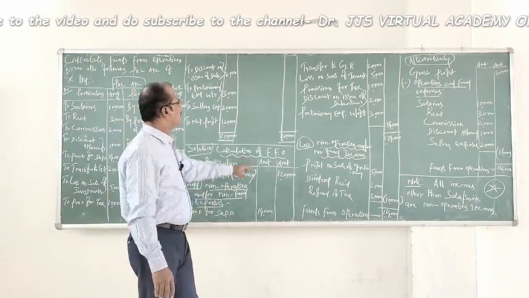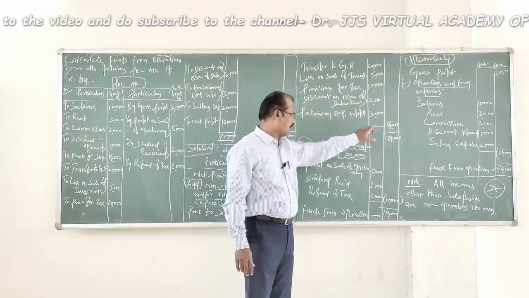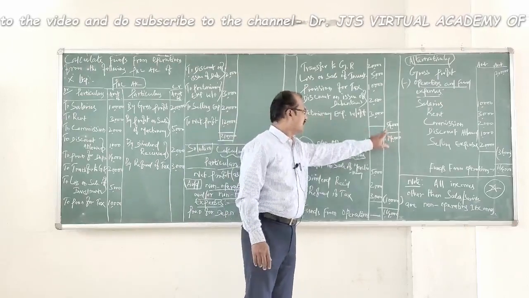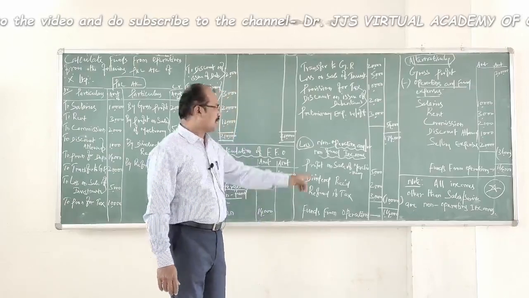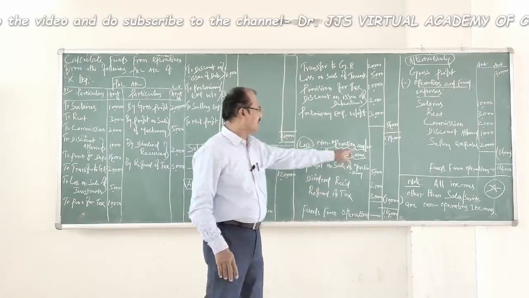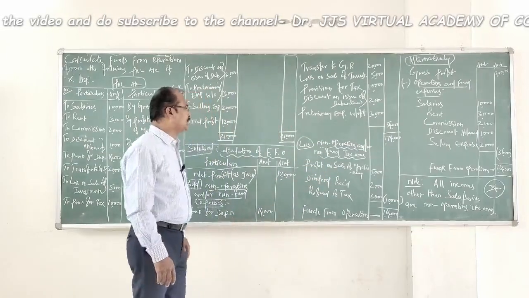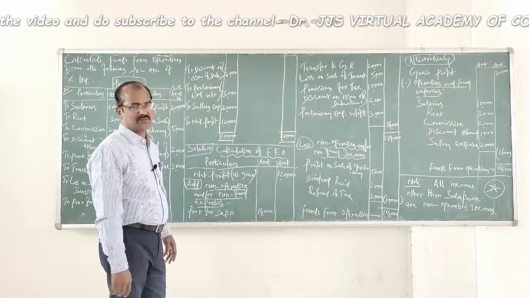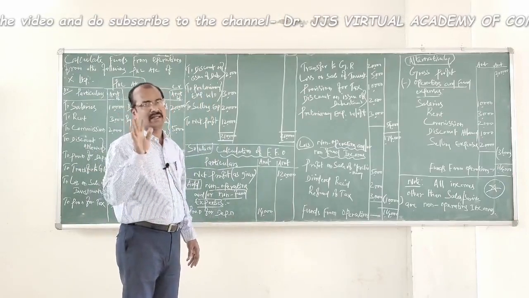Now, all these items, whatever I said to be added with the net profit, when totaled, come to 54,000. Now, along with 1,20,000 rupees of net profit, you add the 54,000 and get the total of 1,74,000. Now, what is the next step here? You do deduction or subtraction for the non-operating and non-fund incomes.